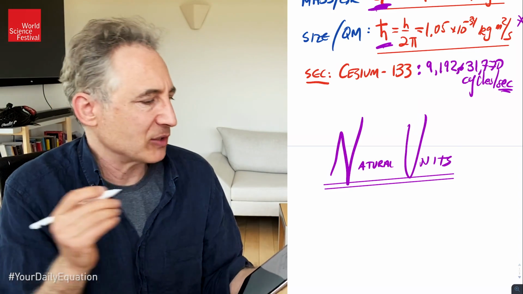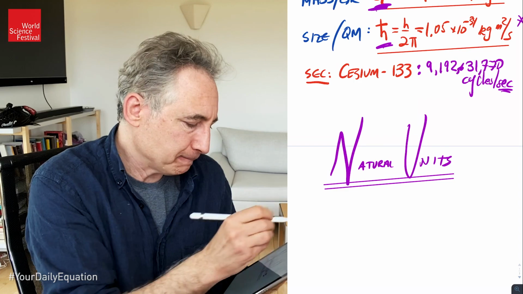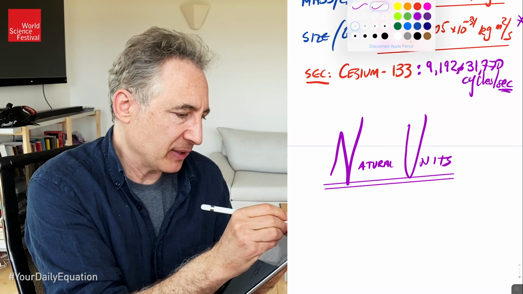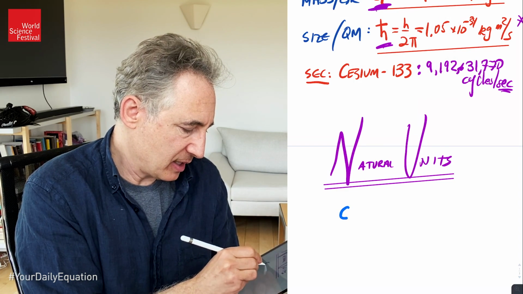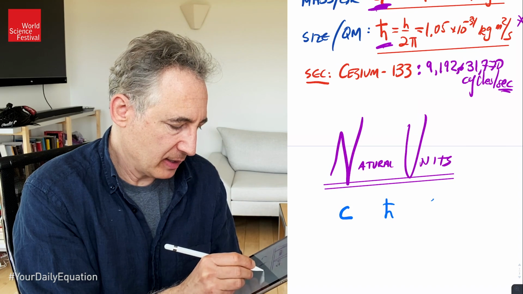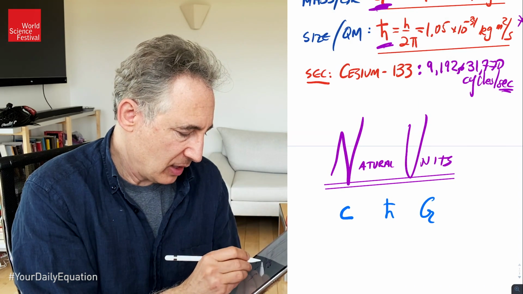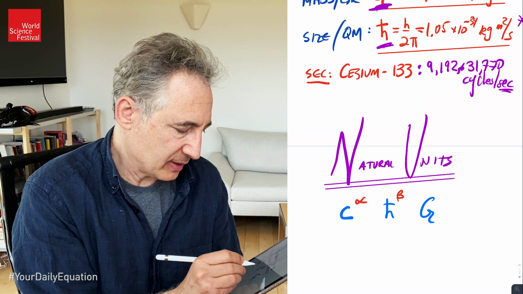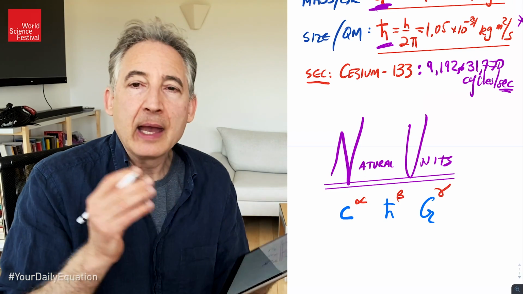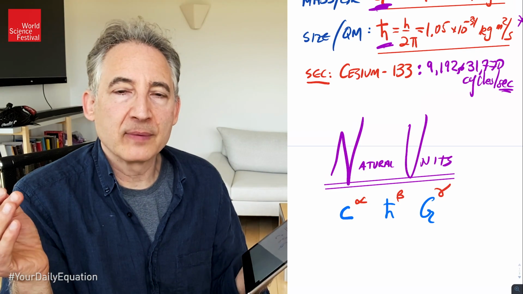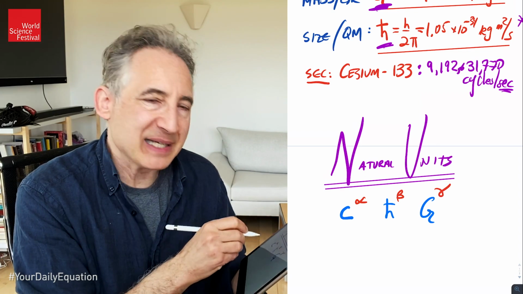Okay, how are we going to do this? Quite straightforward. What we're going to do is take our three fundamental constants, c, h bar, and G, and multiply them together with particular exponents, alpha, beta, and gamma. And we're simply going to choose the exponents in order that this particular